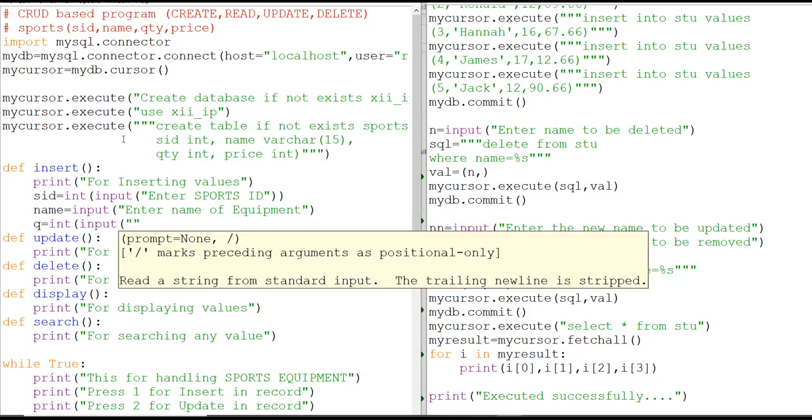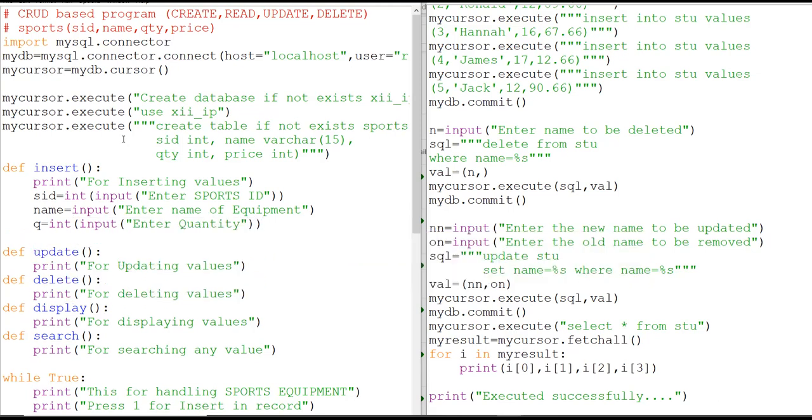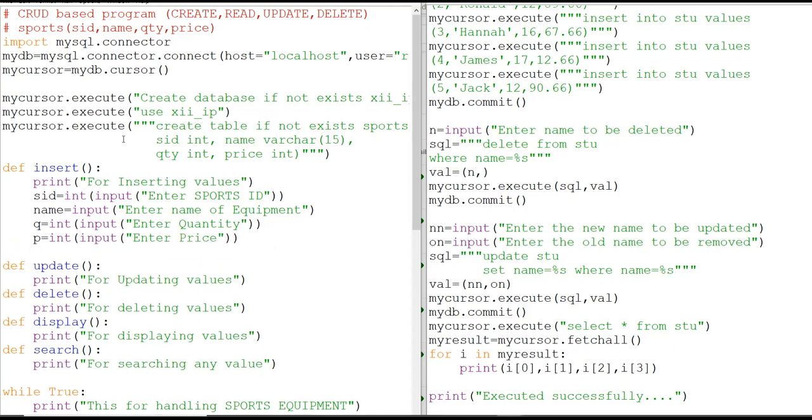Then over here, enter quantity. Then price, P is equal to int input, enter price. Fine. Now all these values are asked from the user.